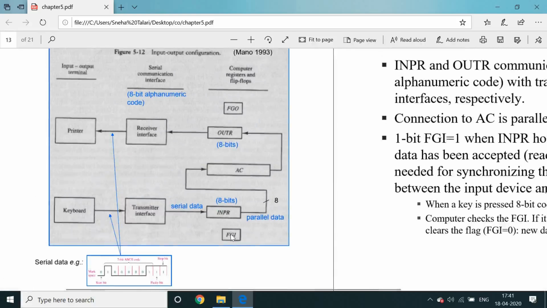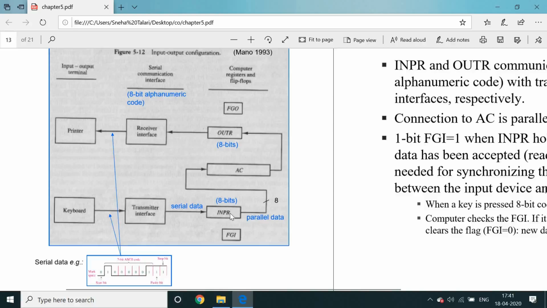When it happens, the FGI flag bit is 1. If it is 1, that indicates the input register has accepted a character from the keyboard. Again, if it is 0, that indicates the complete input information is stored into the accumulator.